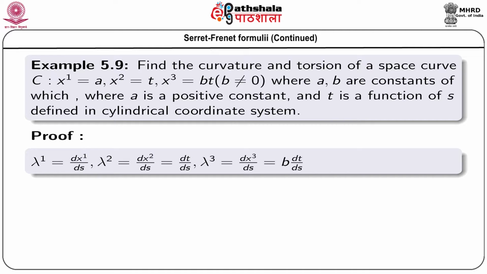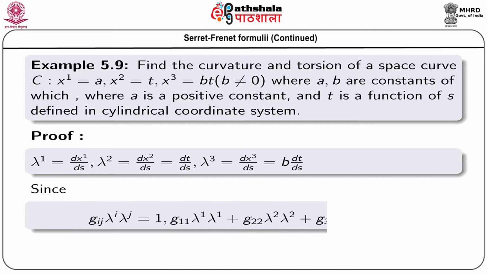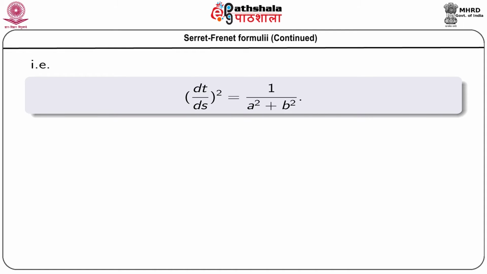So, here lambda 1, lambda 2, lambda 3 can be expressed in this form as for the previous example, and from the relation g I j lambda I lambda j equals to 1, we can get that